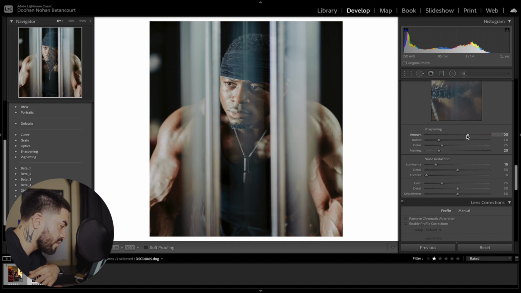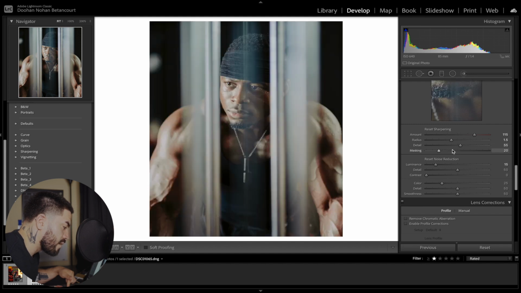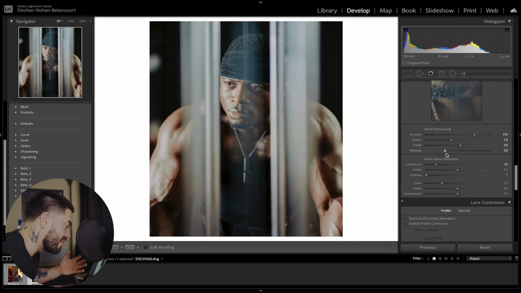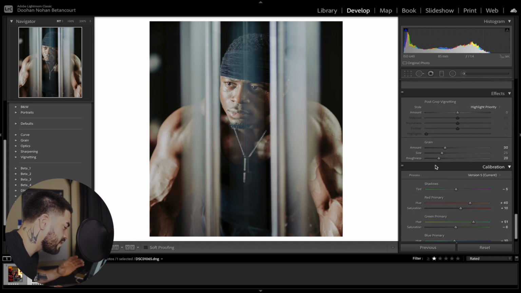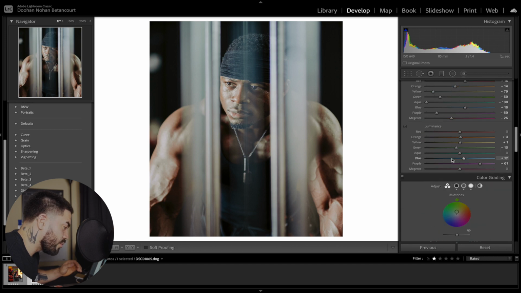I'm just gonna mess around with the sharpening to make sure it's very nicely sharpened, which it was. And then I'm just gonna mess around with the sliders, double check on everything. Same thing, if you press option and click, you're able to see exactly what you're messing with on the sliders. Noise reduction is good. Maybe add some grain to it. So we're at 30 grain. Let's see what that looks like. Then we're gonna add a little bit more grain, probably like 50. A photographer's most used tool, which is grain.